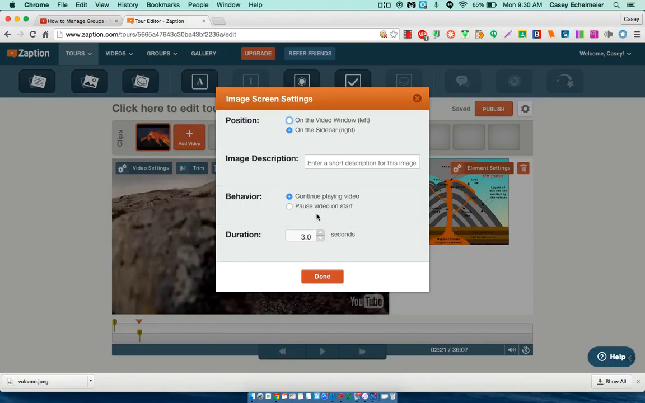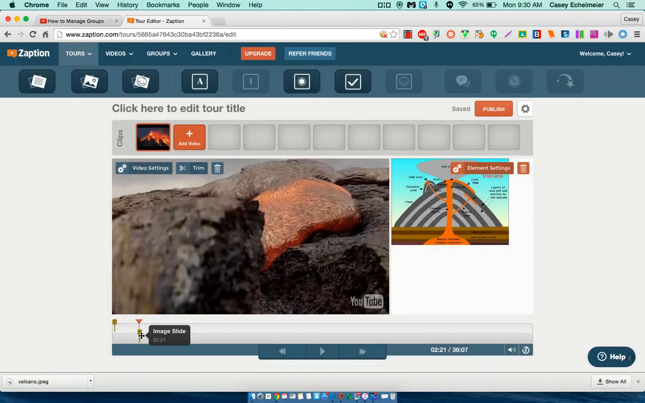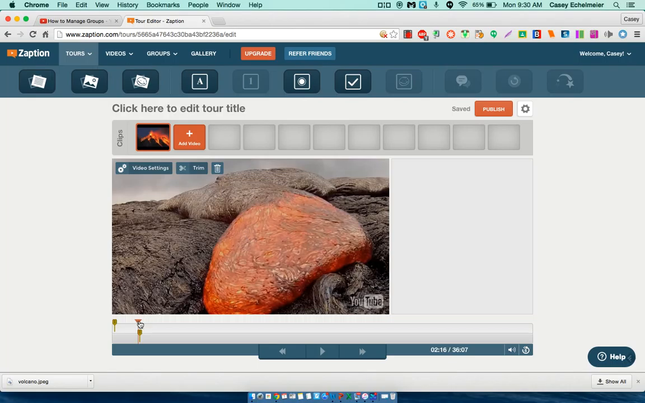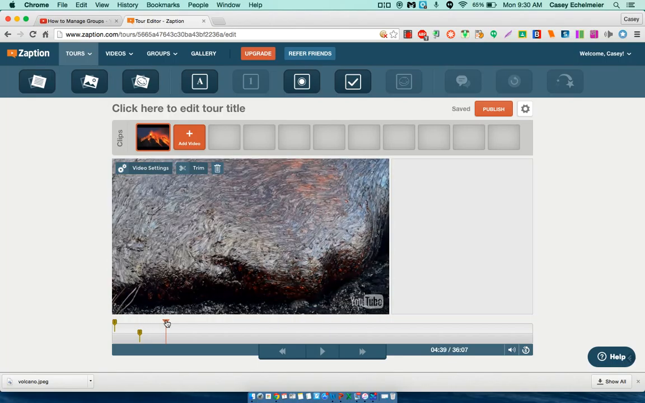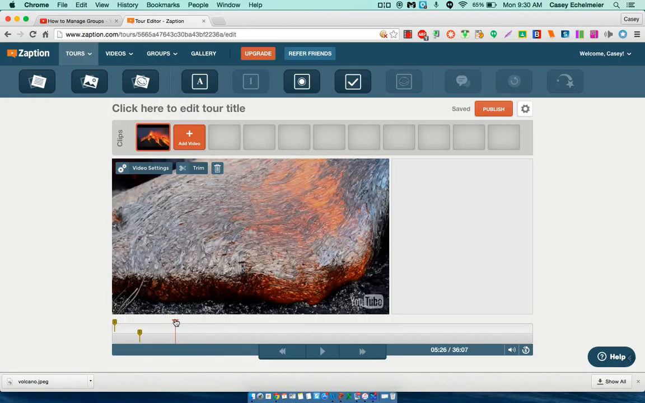And right here, I can determine how long I want that image to stay on the screen. So that's another component that you can do. And as you can see, when I scroll my video over, you can see now I have that little image tag right there. The next thing you can do is we can